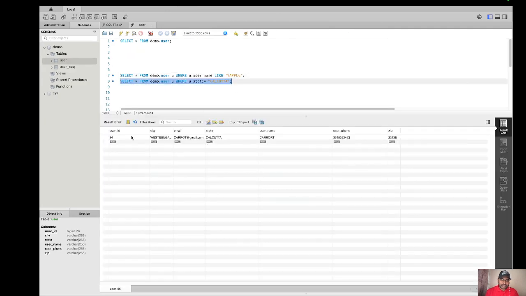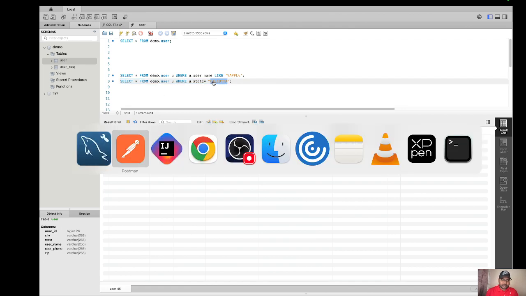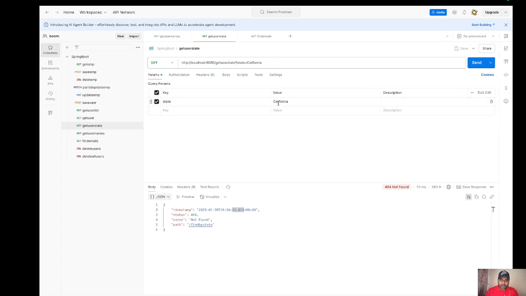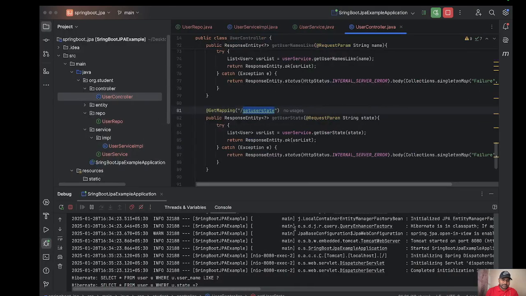And what it is, this user id is 54, this data it came, right? So I'm taking this same state, I am giving into the Postman. You see it came, right? It came, right? Yeah, now you come here and you see